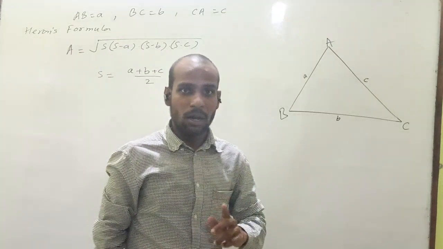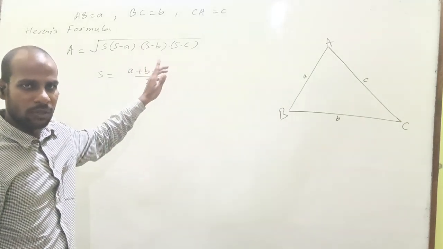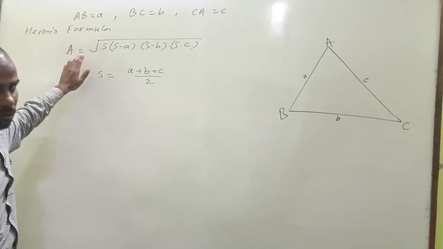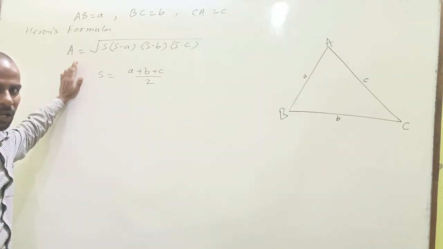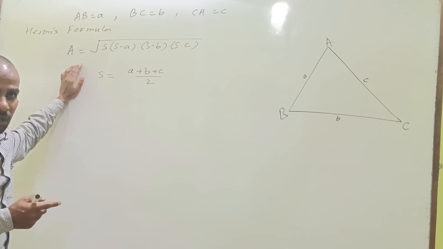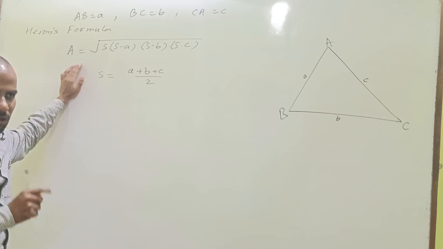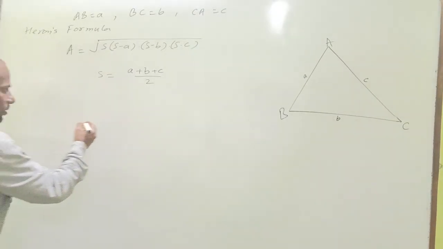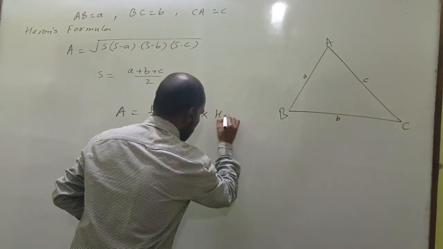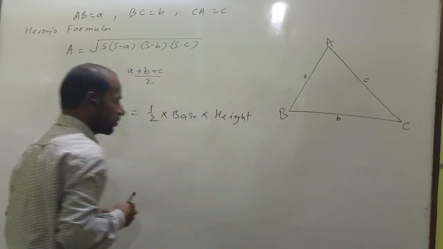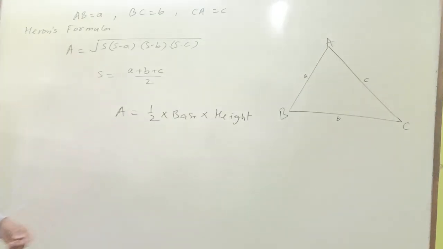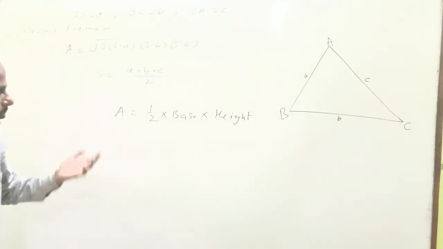We are going to talk about where this formula comes from and what is the origin of this formula. How do we get to here, that A is equal to S into S minus A, S minus B and S minus C. Before this formula, we used to calculate the area of a triangle by a certain formula, that was A is equal to 1 upon 2 base into height. We all are aware of this formula and we used to calculate area of the triangle by this formula in earlier classes, like in class 7, 8 and maybe before that.